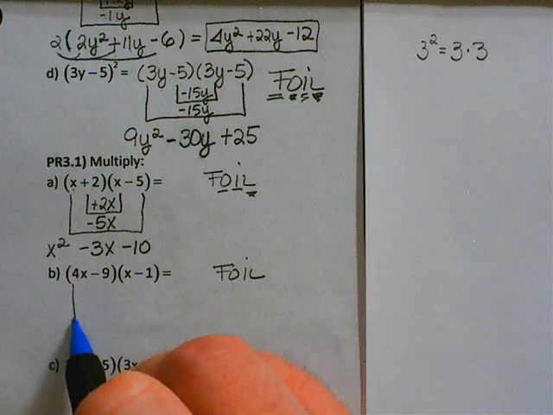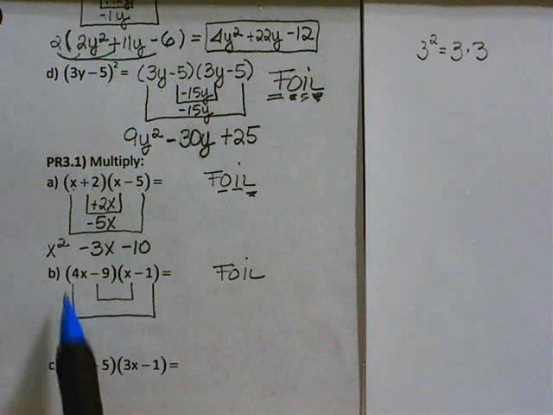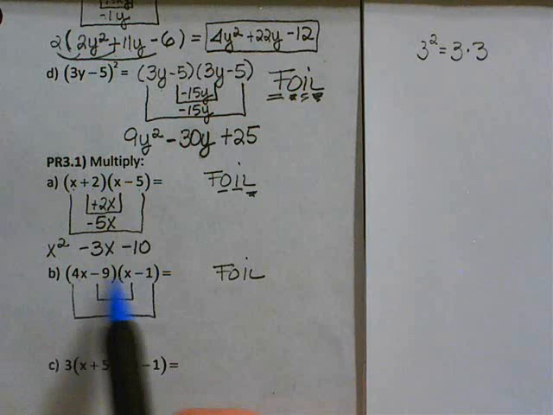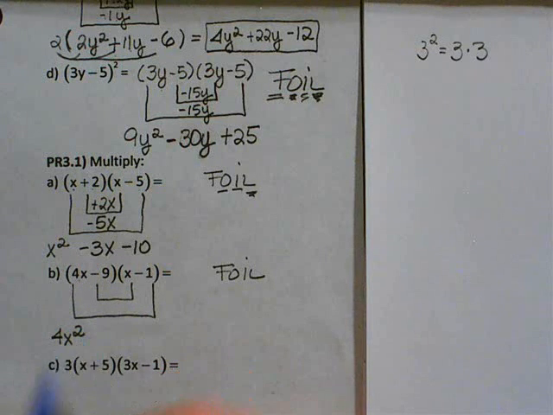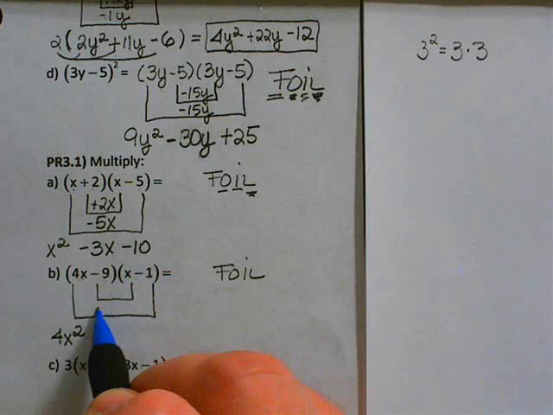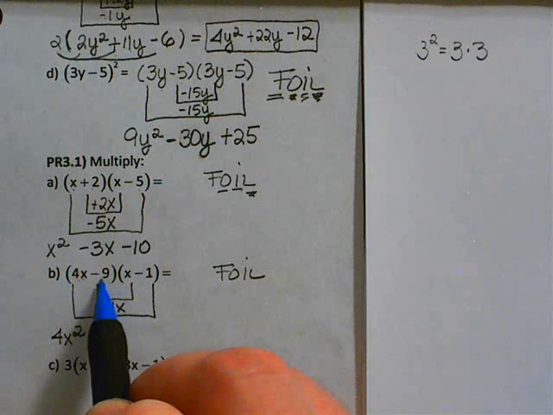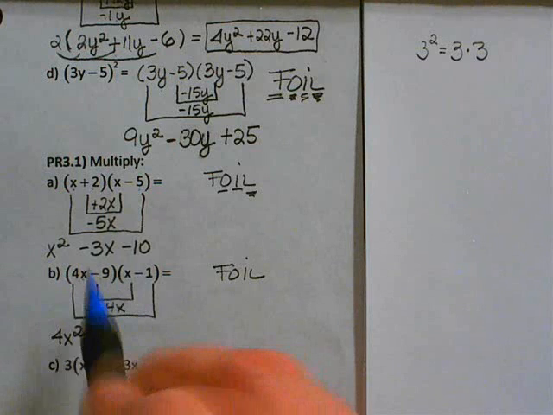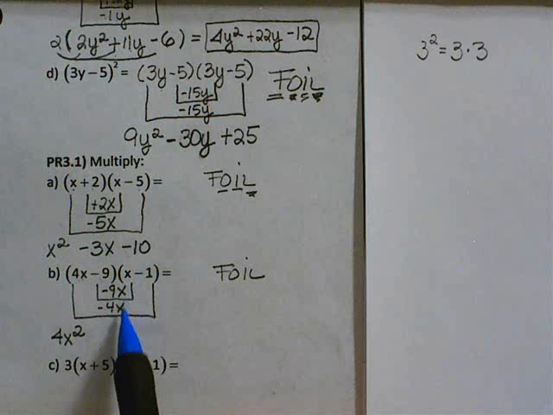So we draw our boxes. First times first, 4x times x is 4x squared. The outer numbers, 4x times negative 1 is negative 4x. Then we do the inside terms. Negative 9 times x is negative 9x. Once I have these two numbers,